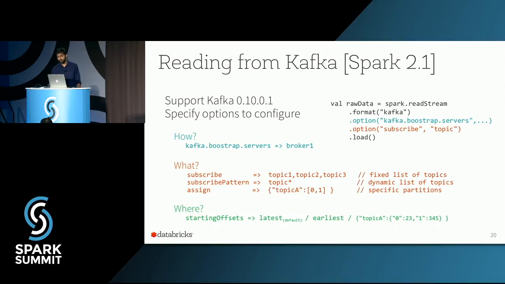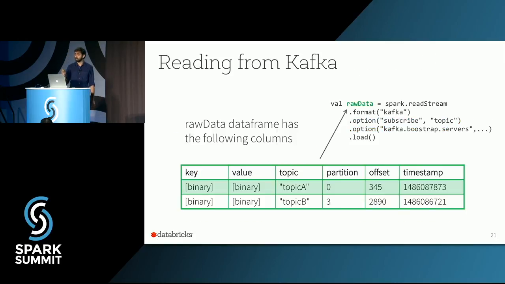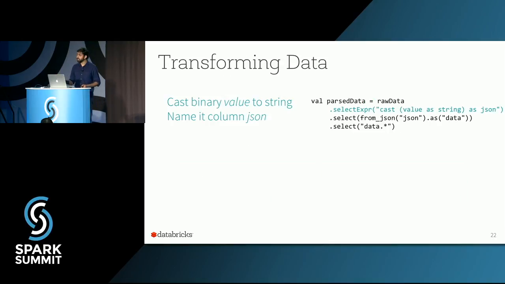offset. But what this code now returns is a data frame which has the following columns. It has the key and the value in binary form. And it has the topic, partition, the offset of that record in Kafka, and the timestamp when that record came into Kafka. And now you have these columns, and you're free to select and pick what data you want to use out of this. It is already structured for you to do further